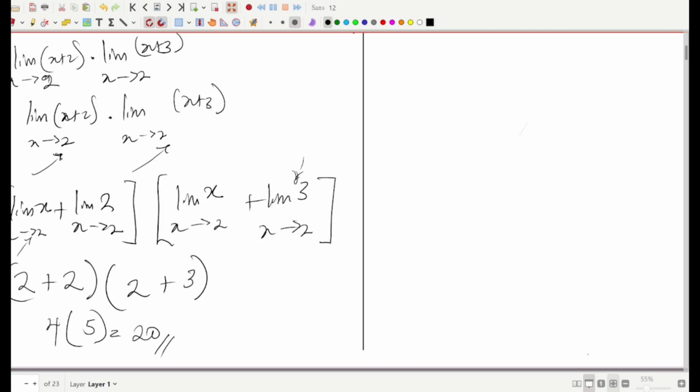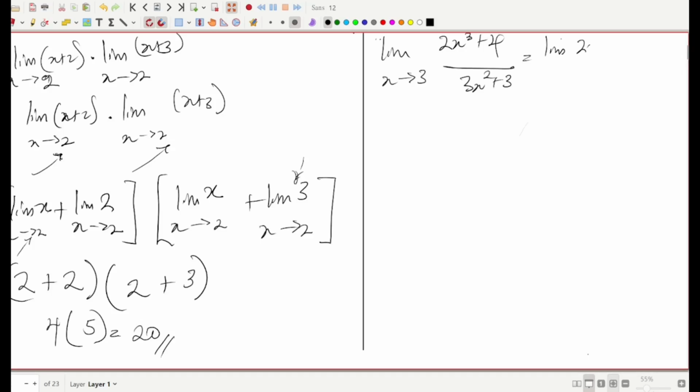We end up with 20. Now, let's say you have the limit as x approaches, say, 3 of (2x cubed plus 4) divided by (3x squared plus 3). Then this can be written as